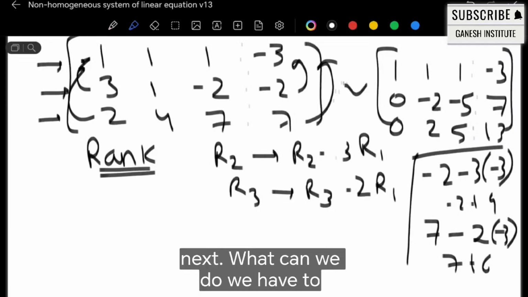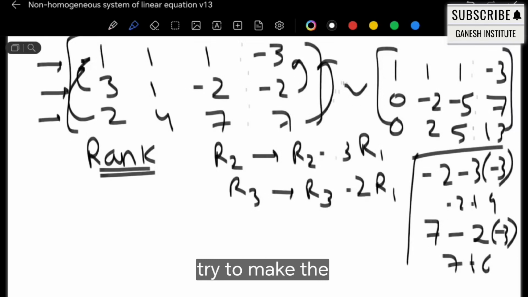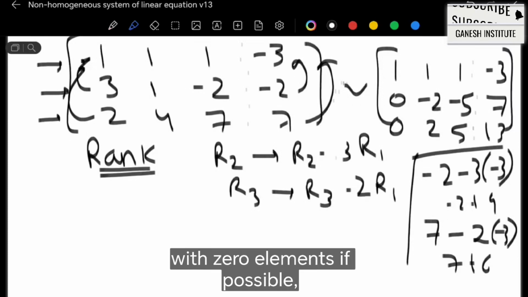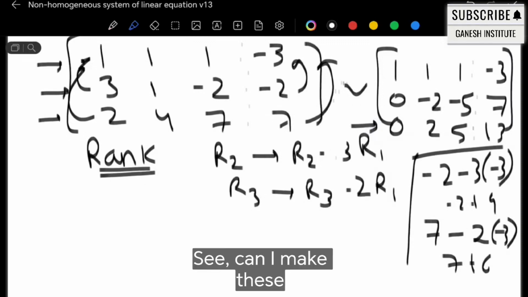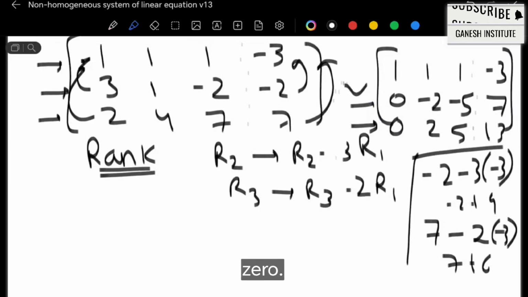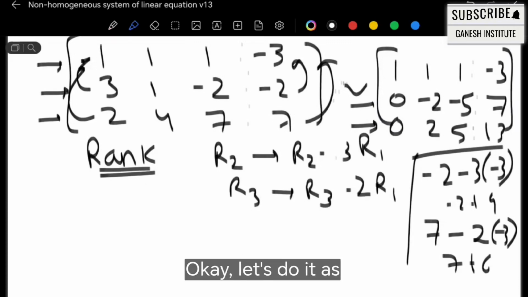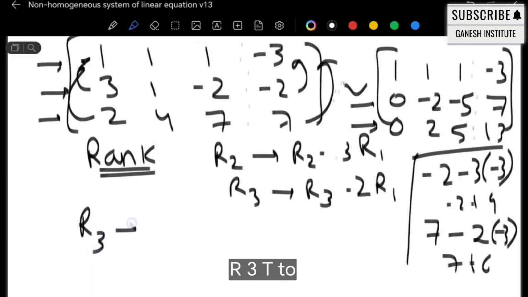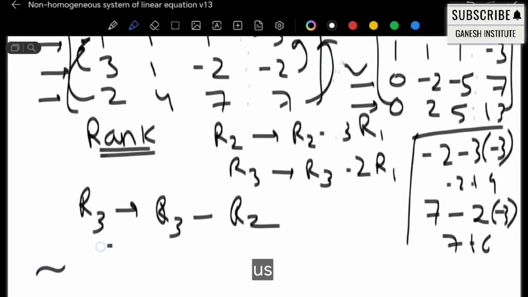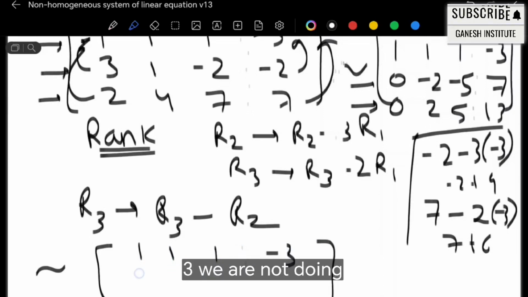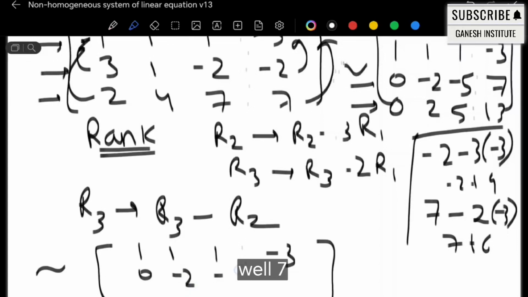Next, what can we do? We have to try to make the whole row 0 with 0 elements if possible. So can we see, can I make these two 0? Okay, let's do it as R3 tends to R3 minus R2. So it will give us 1 1 1 colon minus 3. We are not doing anything with R2 as well. 7. Now 0 minus 0,